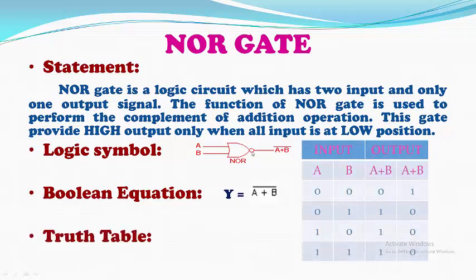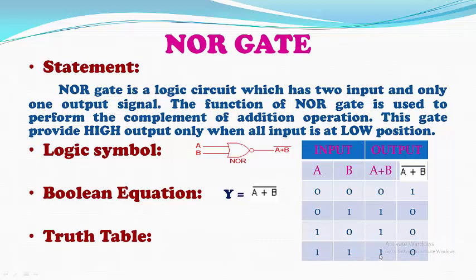Now we will see the truth table. The truth table has input and output columns. Here we have to calculate A plus B whole complement. For this purpose we will first calculate A plus B from the input values A and B. Apply the four combinations of binary values 0 0, 0 1, 1 0, 1 1. For the first column A plus B, calculate the addition: 0 plus 0 is 0, 0 plus 1 is 1, 1 plus 0 is 1, 1 plus 1 is 1.